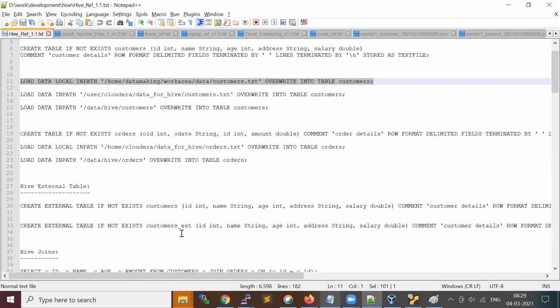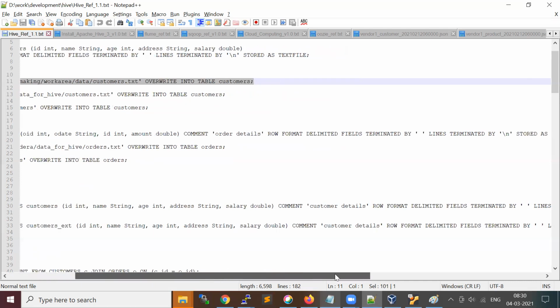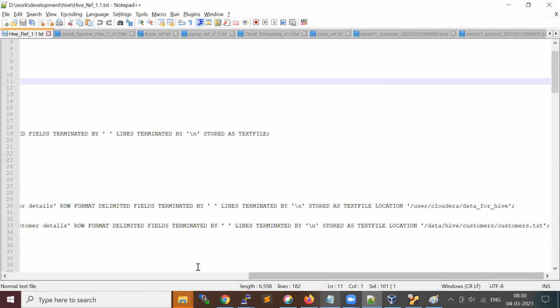It's almost like a normal table in Hive, similar to a managed or internal table. The only difference is that Hive need not maintain the data which you load into this external table.